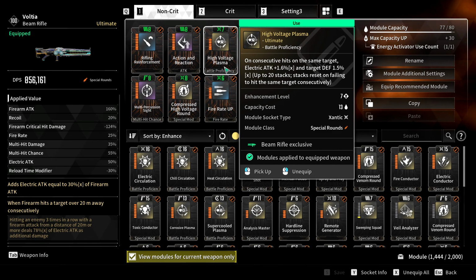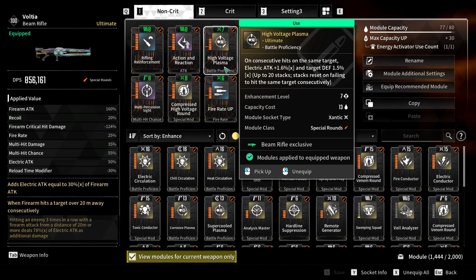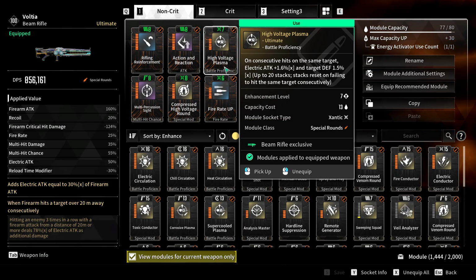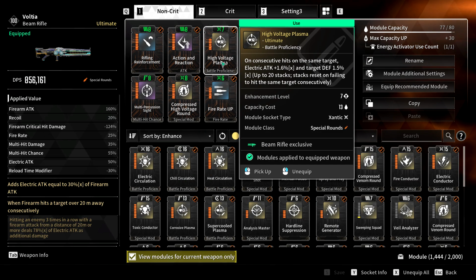So when you hit the same enemy consecutively, your electric attack increases again up to 20 stacks, and then the target that you're hitting loses 1.5% defense every stack. Now it doesn't say minus defense here, so I was a little confused, like is the target getting more defense or something? But I had a look at the other element mods,